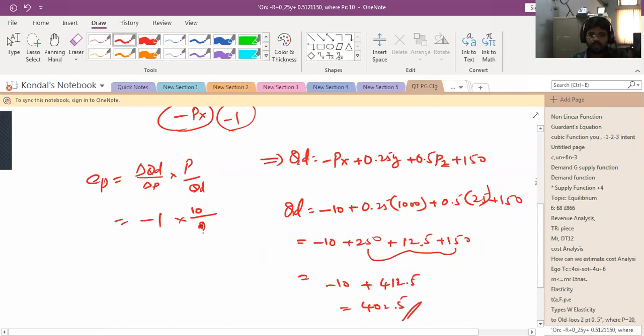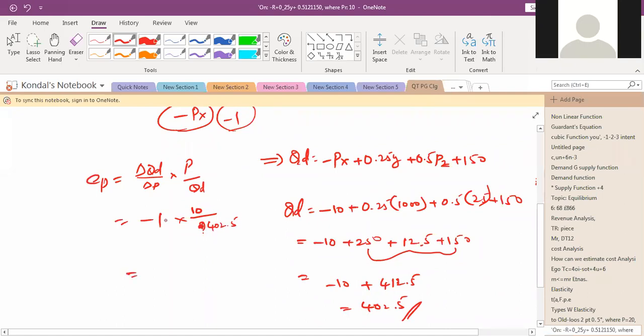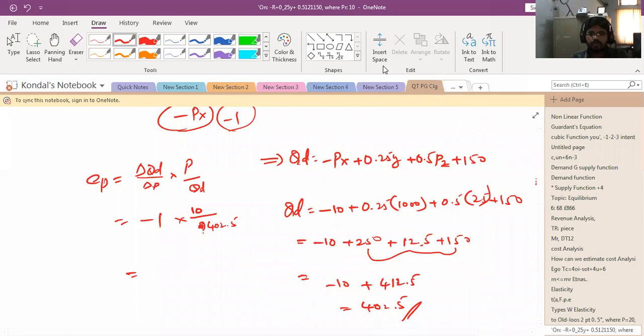So here that is 402.5. So here minus 1 into 10, minus 1 into 10, minus 1 into 10, minus 10